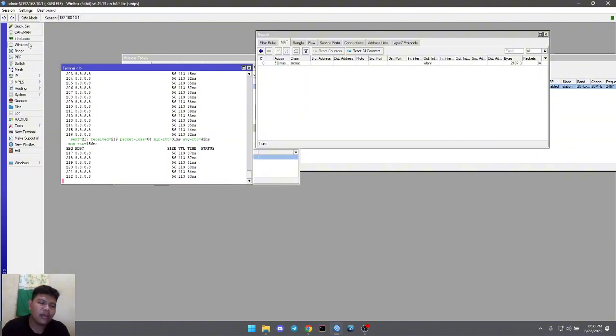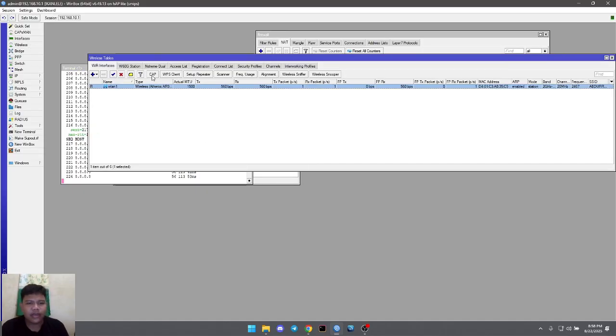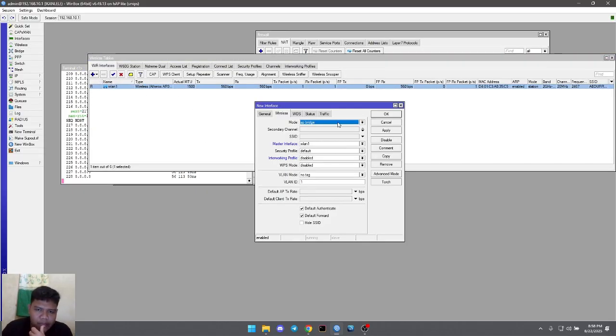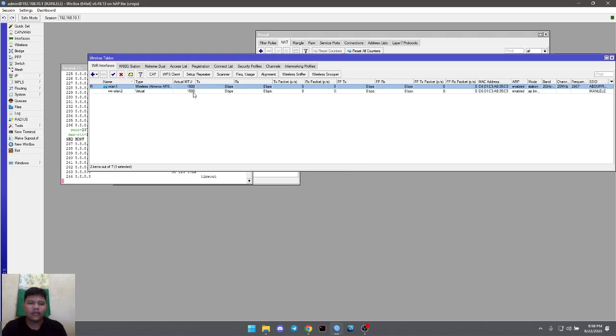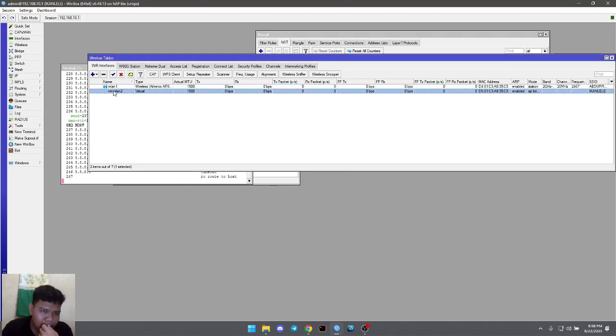First, we go to wireless tab, and then we add the virtual wireless, and then set to AP bridge. And then SSID is ikan lele. Then master interface is wlan1. So in here we have the wlan2 virtual.